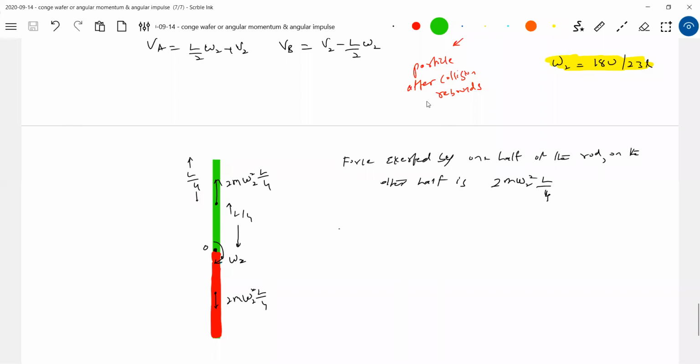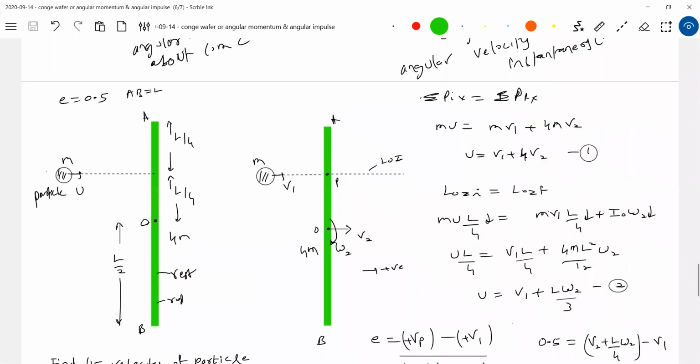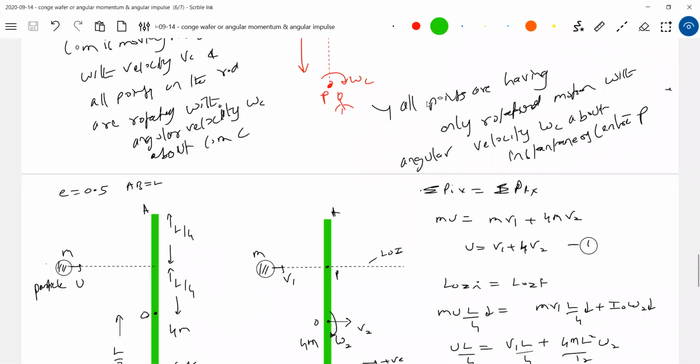Keeping all those machines in mind, we are just introducing the basic ideas. So the possibility of this rod breaking is maximum at point O, because the stress at O is maximum. The rod will break at point O first. So they may test you with questions like this. After impact, where is the probability of the rod breaking first? At the midpoint, because here the stress and the force will be maximum. Okay, this is the introduction. Tomorrow we'll discuss some other very good numericals, all applications.